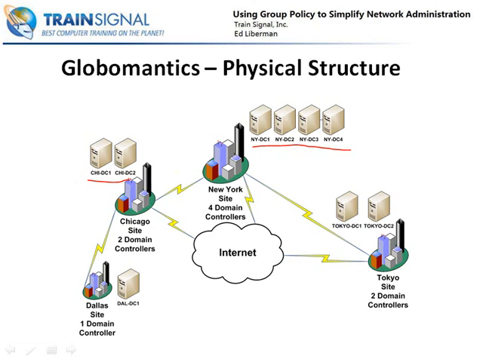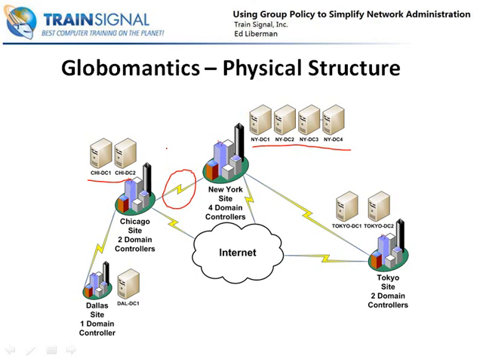Now, what makes them different sites? Well, we have a high-speed Ethernet connection in New York and a high-speed Ethernet connection in Chicago, but we have this slower WAN connection separating the 2 cities. And what that means is all of these domain controllers, the 4 domain controllers up in New York, can all communicate with each other quickly and efficiently. And the 2 in Chicago can also communicate with each other quickly and efficiently. But in order to communicate between offices, we have to go across this slow WAN link, and so therefore